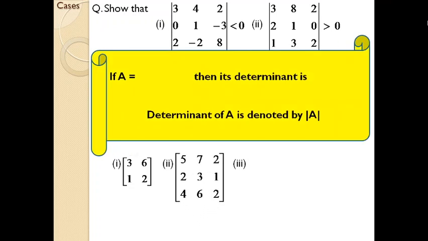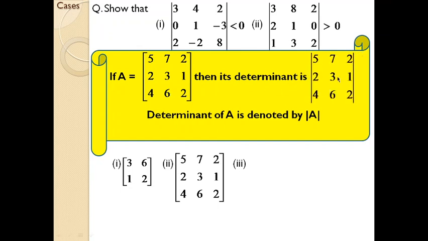So here it is given. See, it's a matrix because it has square brackets. Another matrix is of order 3 and it's in square brackets. And see how we represent the two items. If you represent a matrix A, the elements within square brackets make it a matrix. The same can be represented as a determinant if you use line brackets. That is the difference between a matrix and a determinant.